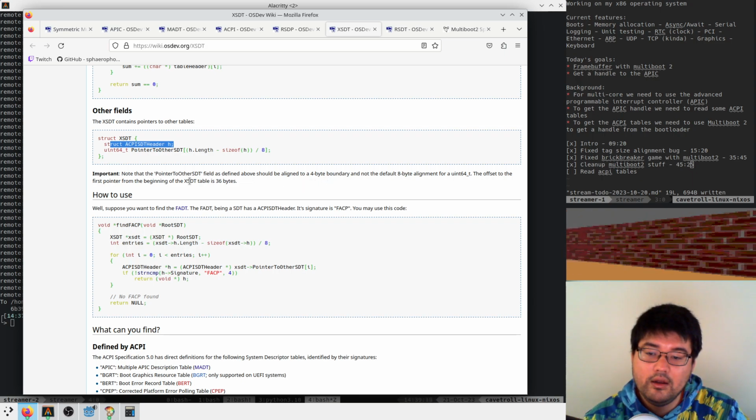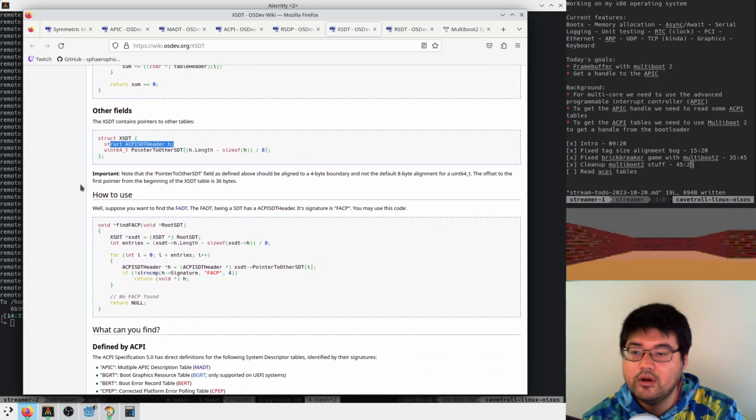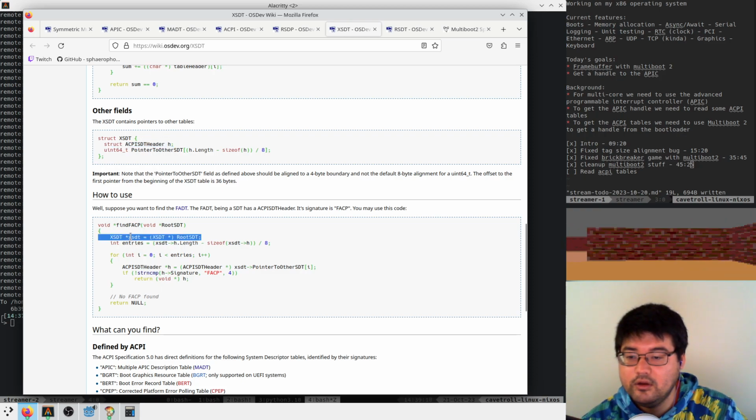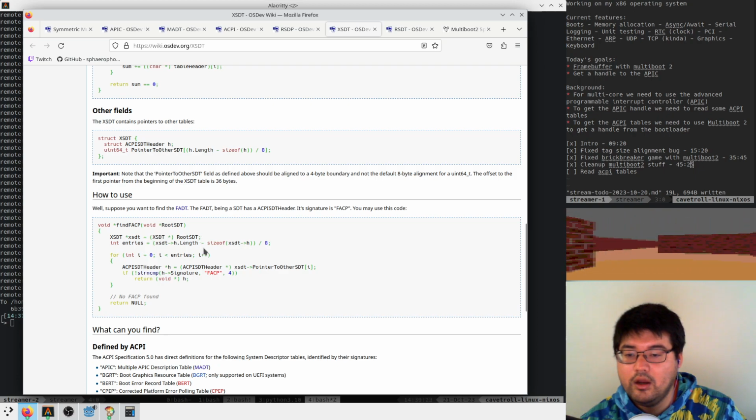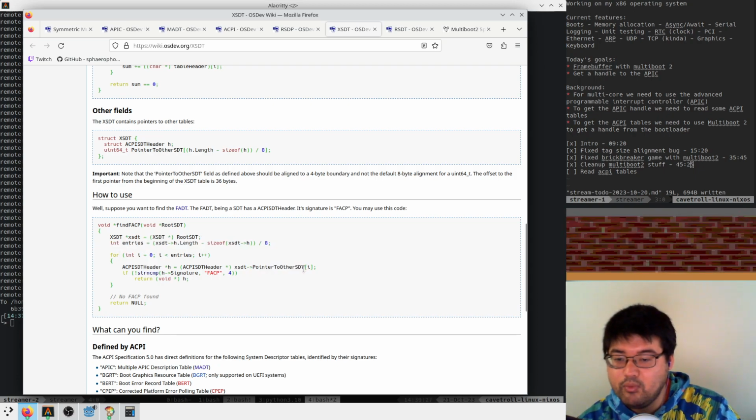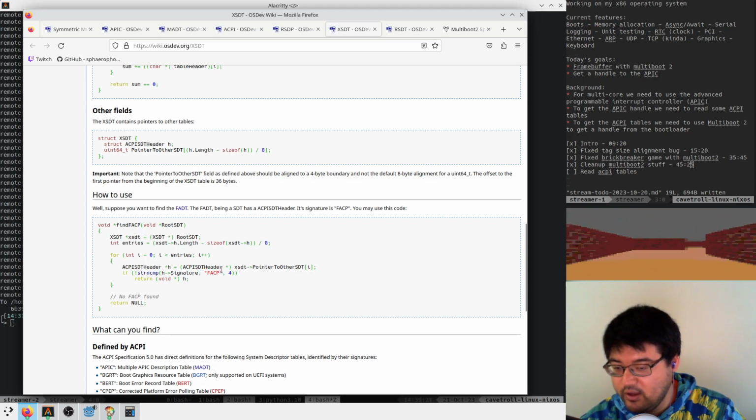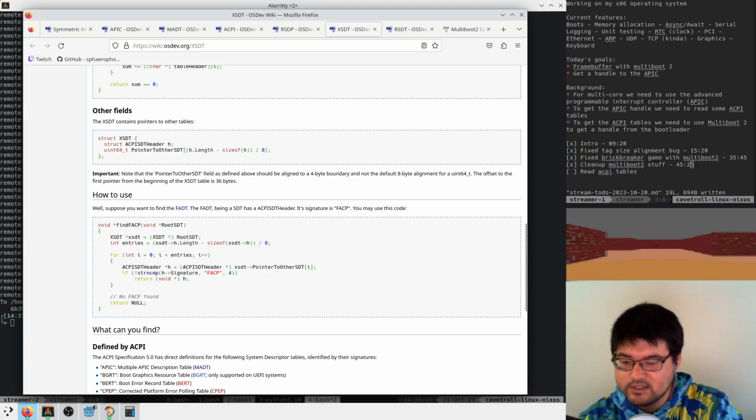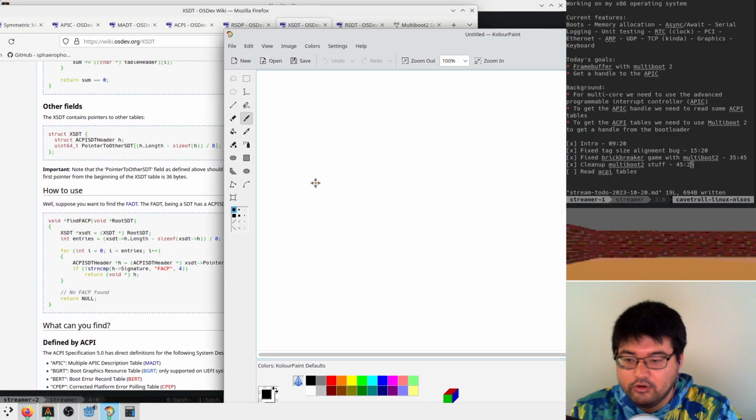Okay. So for each element in here, we look at the pointer to the other descriptor table and we check its signature. And if the signature is the table that we want, then we know. Okay. So it does look like, if I'm understanding this chunk of code correctly,